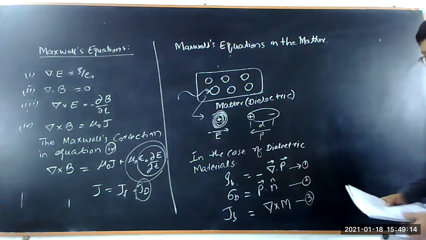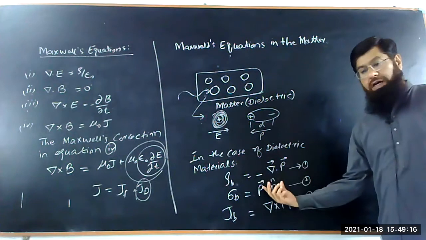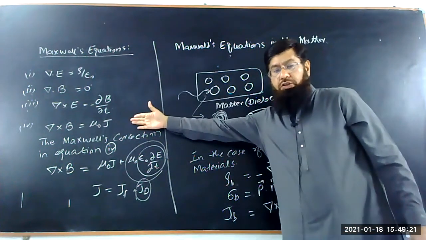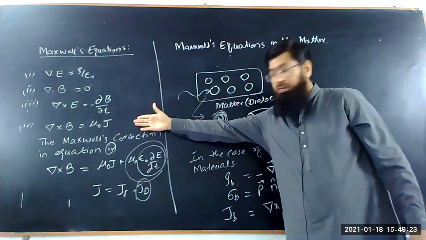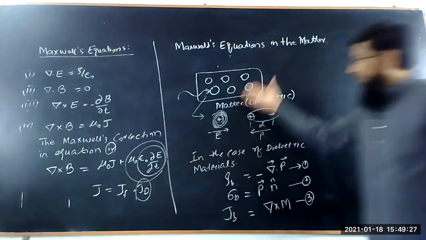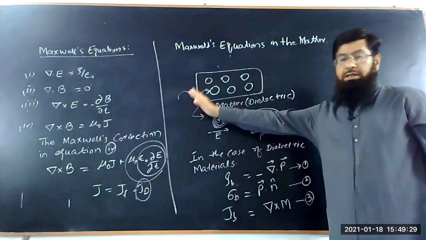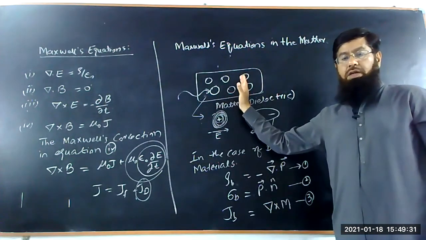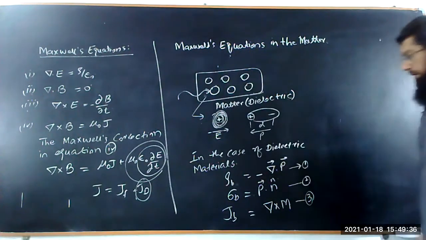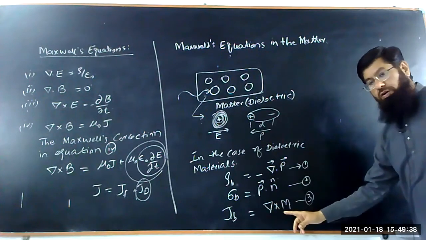So from these three equations, we have to discuss how the Maxwell equation changes. What would be the correction in the Ampere's law by using the theory when the electromagnetic waves pass through the medium, or electromagnetic interaction with the medium. So here J of B is equal to this.